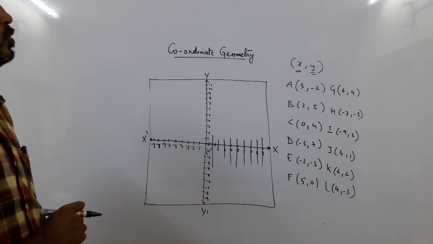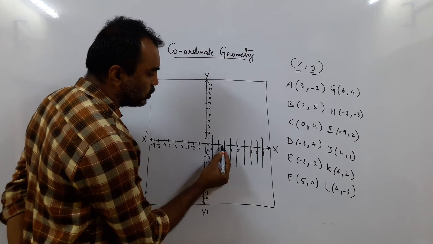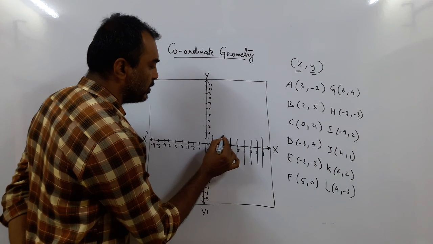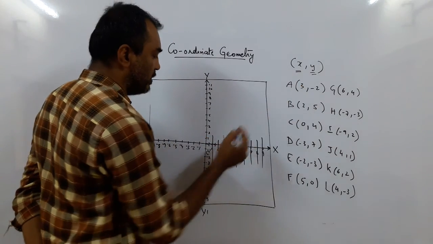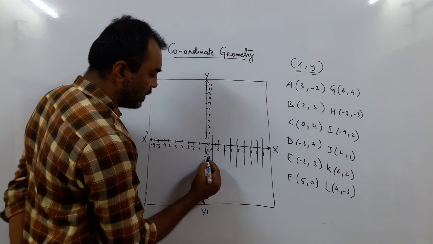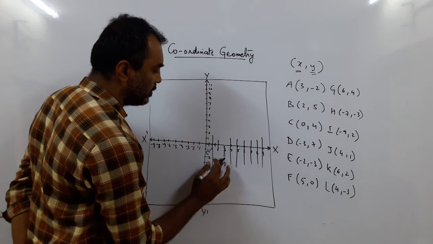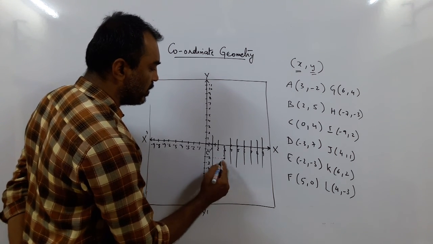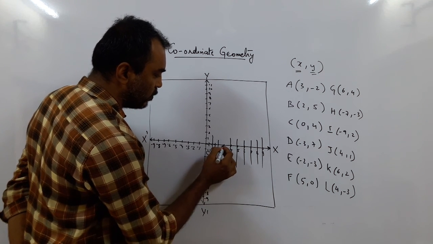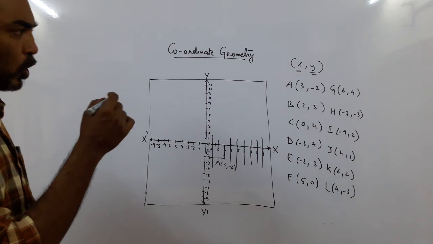Now 3, -2. So x is equal to 3. You count from here on the x-axis: 1, 2, 3. So this is 3. Yes? So we will draw a line, and on the y-axis it is -2, sorry. So -2 is down here. So this is the line x = 3, but y is -2. So this here is our point A. Point A is 3, -2, where on the x-axis 3, on the y-axis -2. Okay, draw a dotted line.